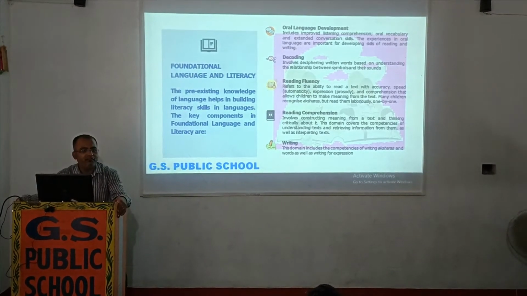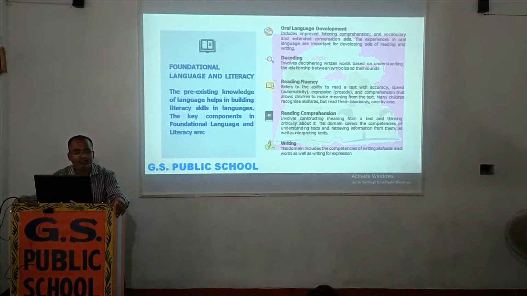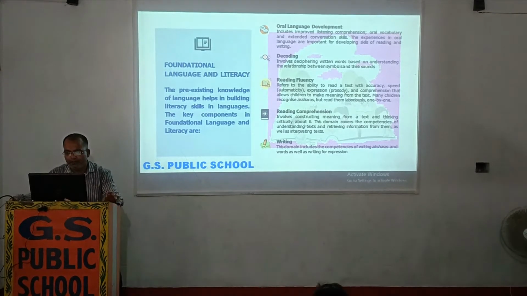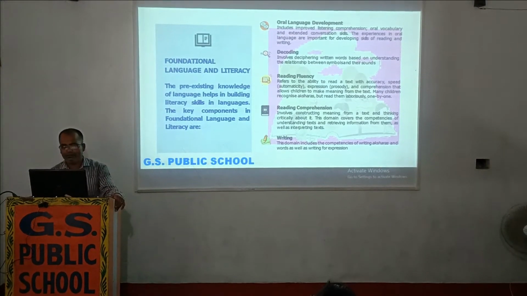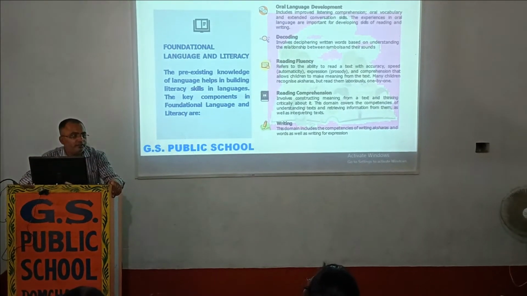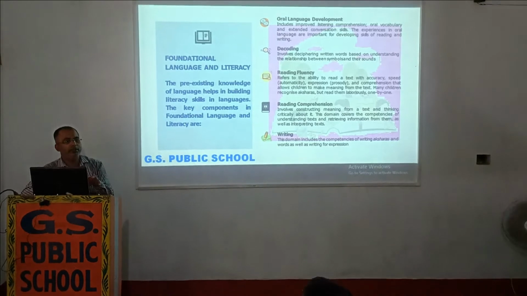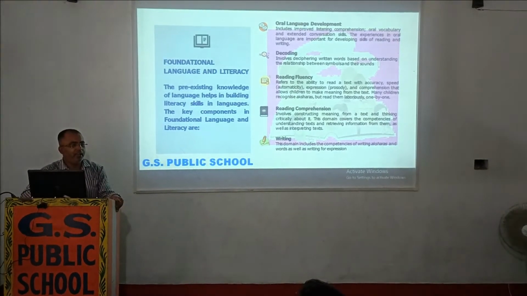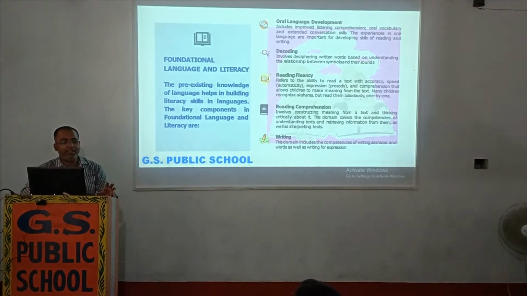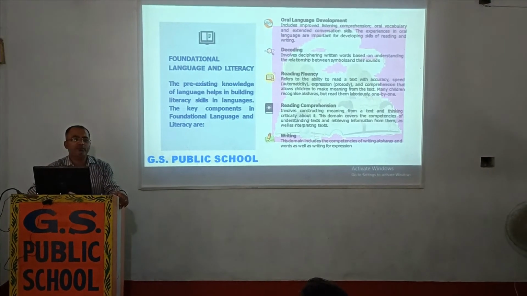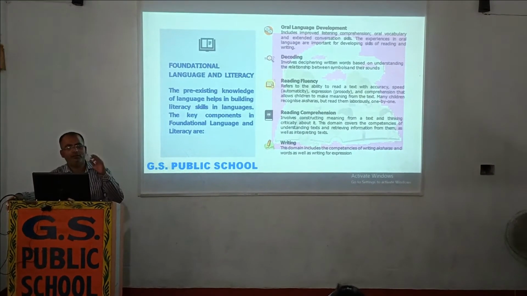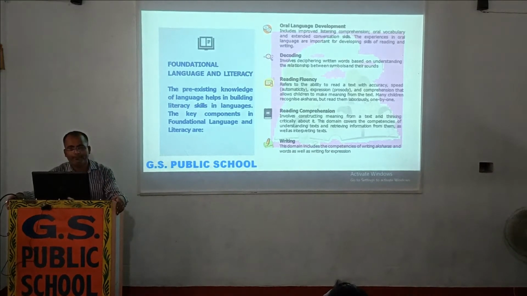Moving on to the next slide, the next part is foundational numeracy. Now we have to focus on numbers. As we can see, a lot of numbers are there, like 1, 2 and 3. How would a student be able to learn the numbers? We have to follow certain rules and develop certain playful techniques. If you teach a student by writing 1, 2, 3 and 4 on a blackboard, we will not be able to get the correct outcome from the student.